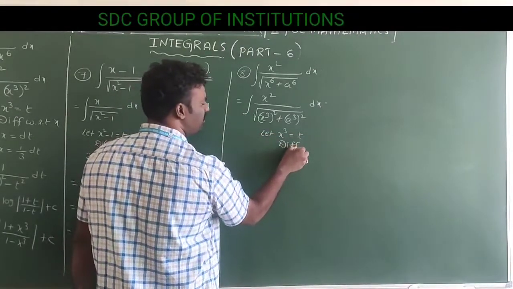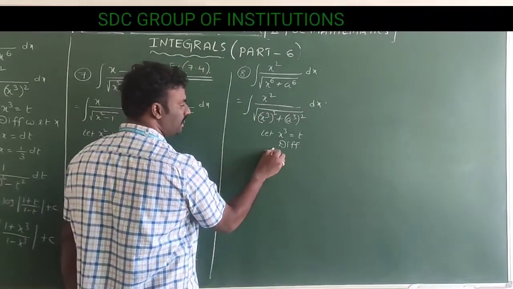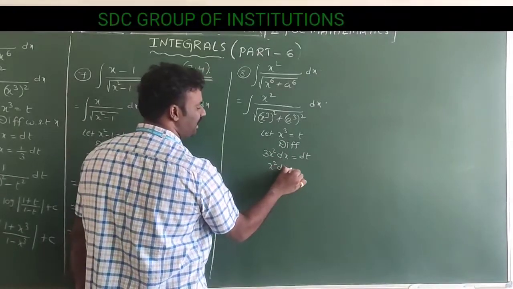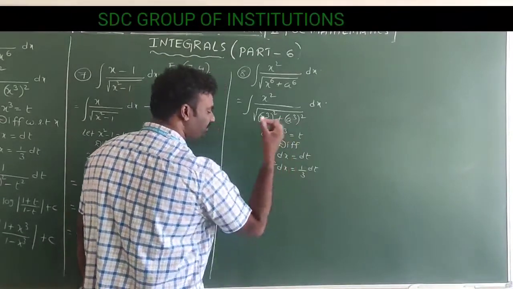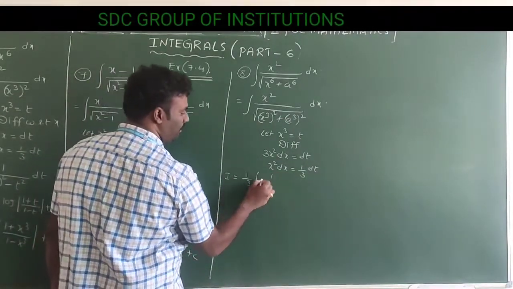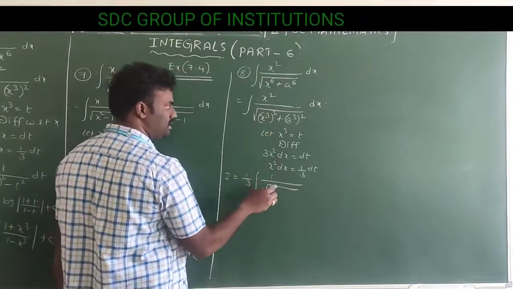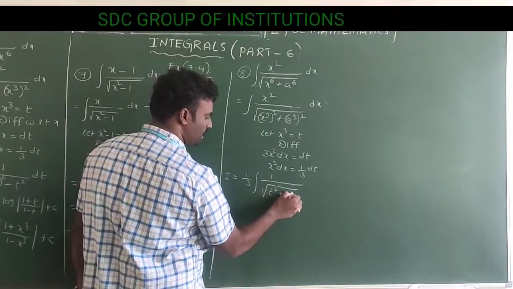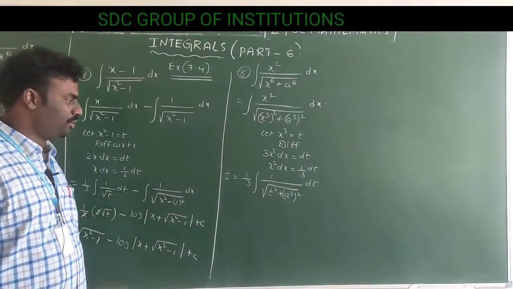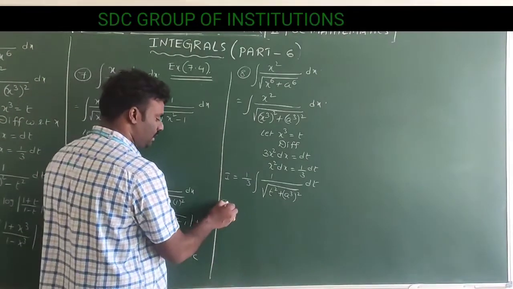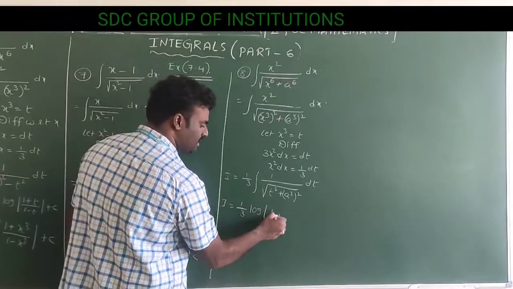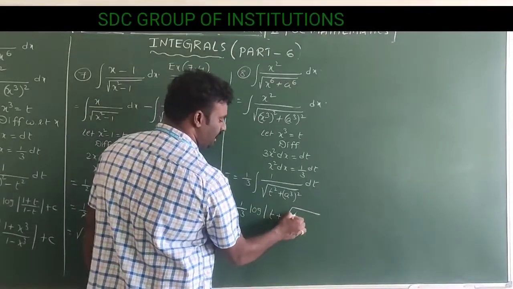Differentiate both sides with respect to x. 3x square dx is equal to dt. Send 3 to that side. x square dx is equal to 1 by 3 dt. Now the integral is 1 by 3, a constant, I will write outside, 1 by under root of t square plus a cube whole square. Now it is in the form of 1 by under root of x square plus a square. Then I equals 1 by 3 log mod x plus under root of x square plus a square